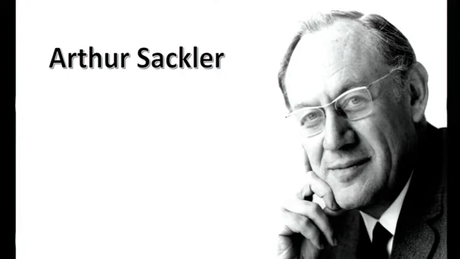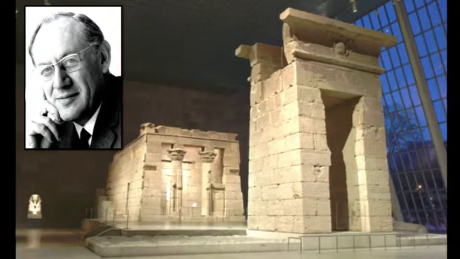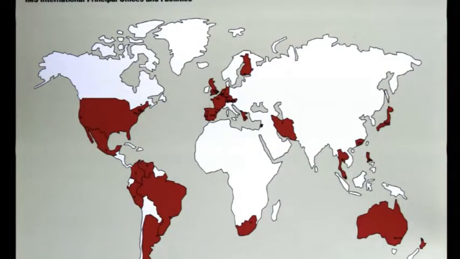This Sackler name may be familiar to you because he was a big donor. So if you go to the museum 2 blocks away, you will see the Sackler part of the Harvard Art Gallery. You will see this temple in the Metropolitan Museum, the Sackler wing, where the Temple of Dendur from Egypt is located. Froelich decides to set up this other company, which is IMS Health, and it helps provide information about what